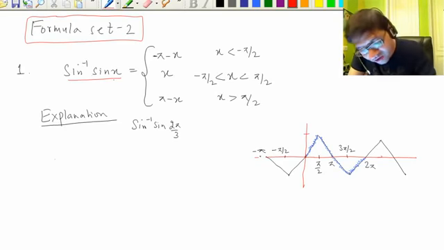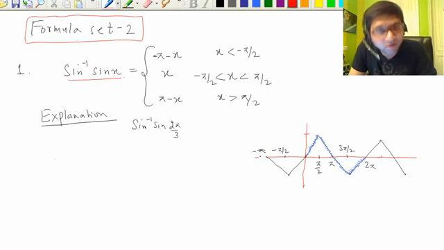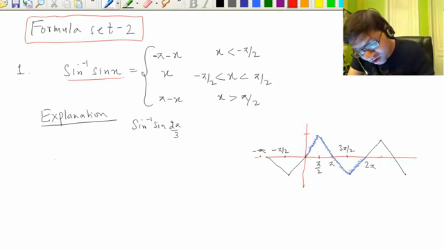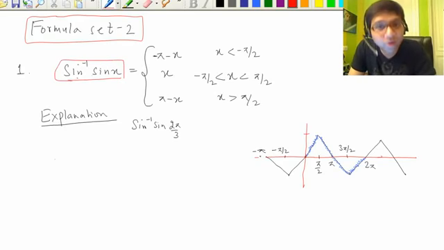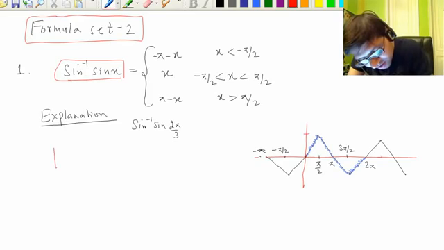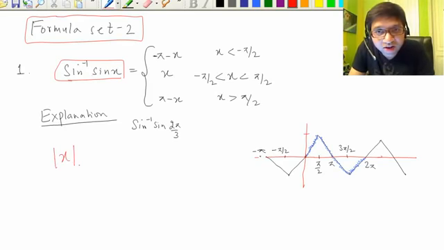The thing is that sine inverse sine x is an inverse trigonometric function, but it is not a simple function. It's a compound function. It's a piecewise defined function. Like you have done the mod function, the greatest integer function, the fractional part of x function. These are compound functions, but when you look at mod of x, the definition is not in pieces. So you cannot say it's a piecewise defined function just by looking. You have to analyze and split it into pieces, and then you can say it's a piecewise defined function. Same is with the greatest integer function.